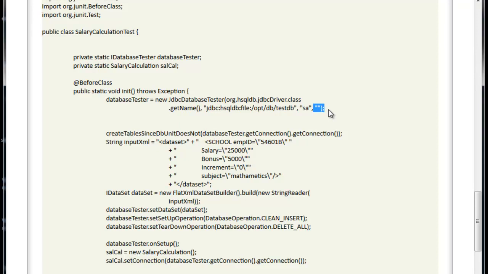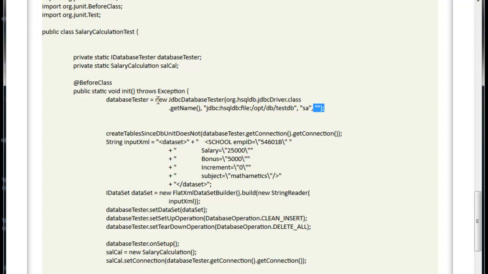At the top level we have created the database connectivity. For that database connectivity, instead of using actual DB details while writing the test case, we only have to use HSQL DB details. This is a very simple example, so we can easily write it. We connect using those details, call whatever we want to test, and test easily. And here, using the database, we can write our integration test cases directly.